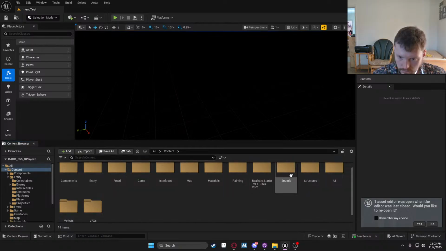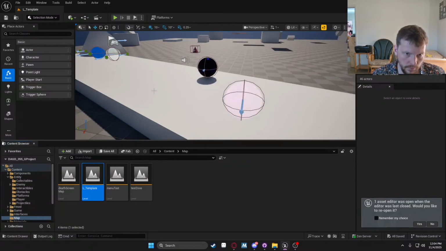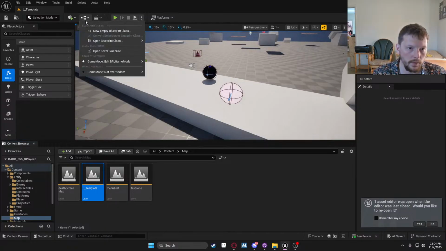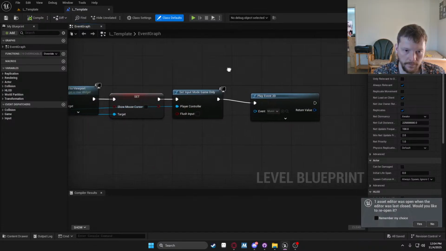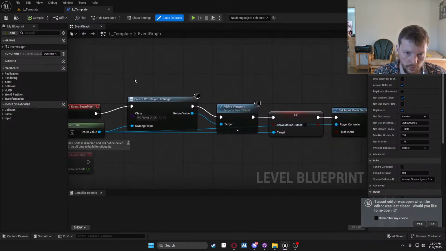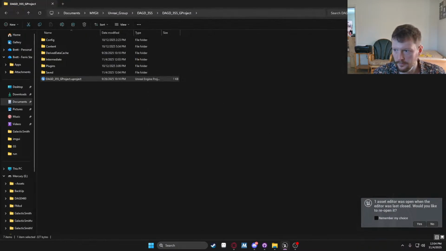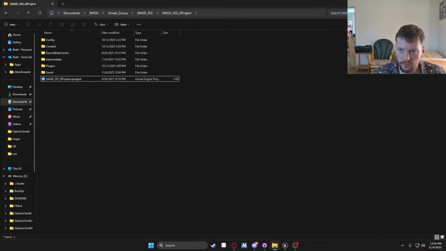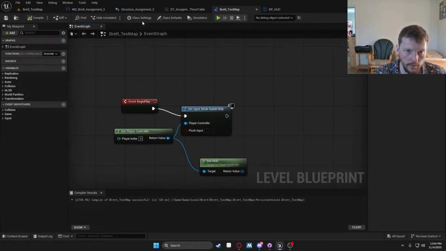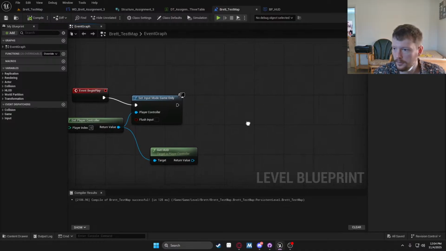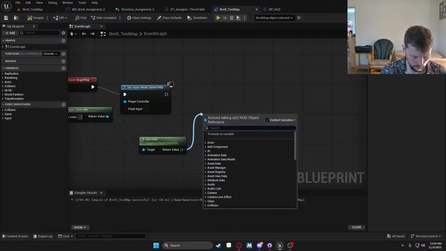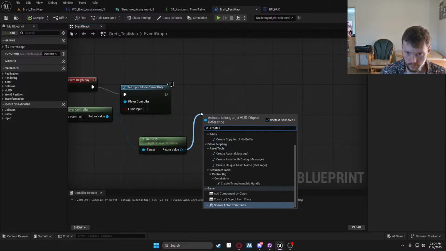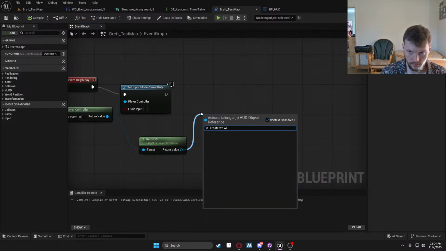Components. Map L template. Then here, open level blueprint. Create WD widget. Add to viewport. So very similar. We're going to do the same thing. So create WD